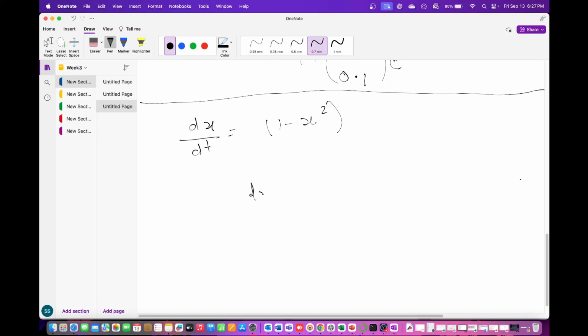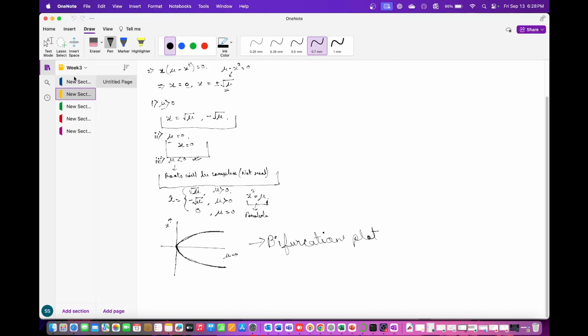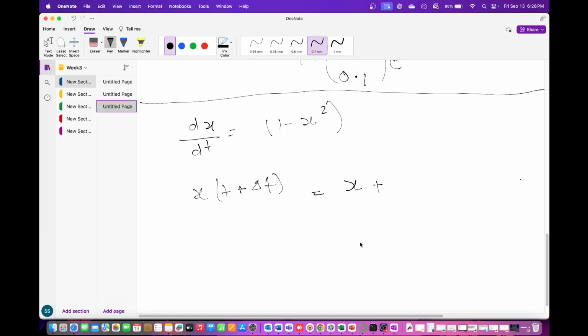So you have dx/dt here. If you remember the Euler equation, I'll write the equation here first, how we calculate. I hope you remember. So basically your x of t plus delta t is